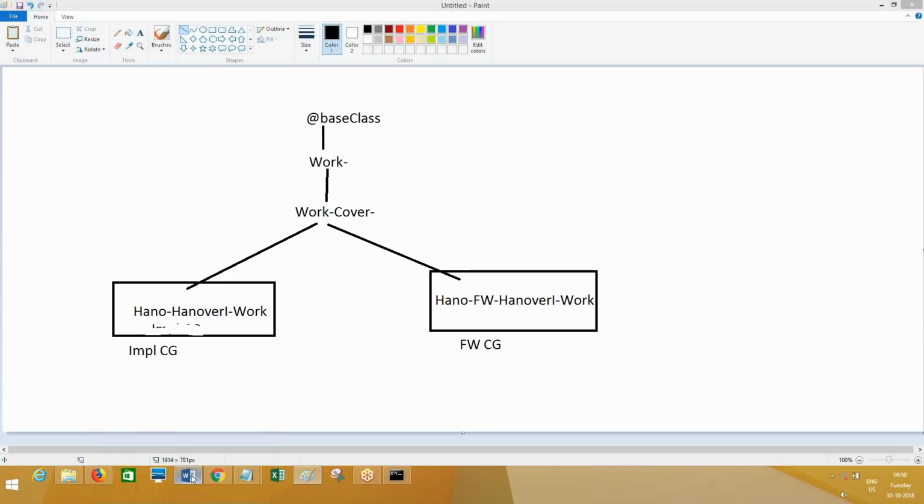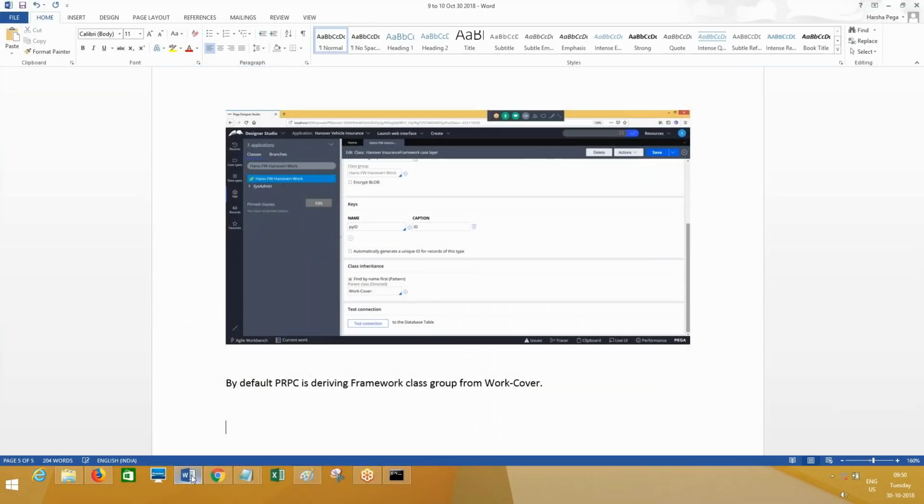So when we create the application, PRPC has created implementation class group and FW class group deriving from work dash classes simply directly as shown below.